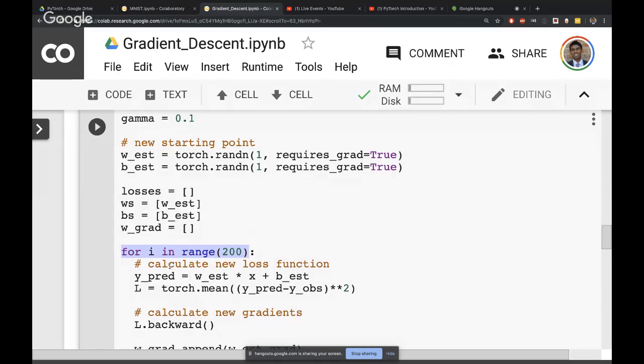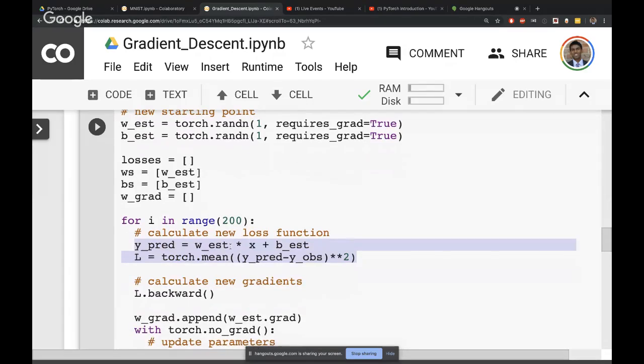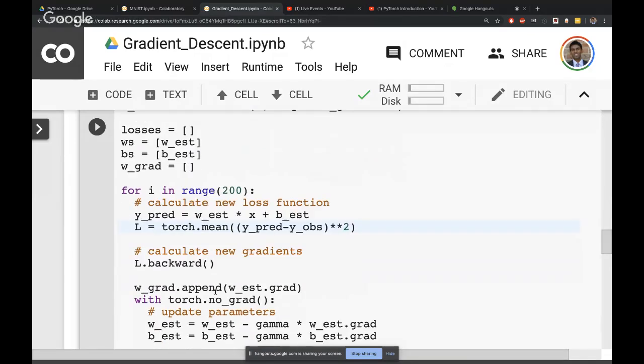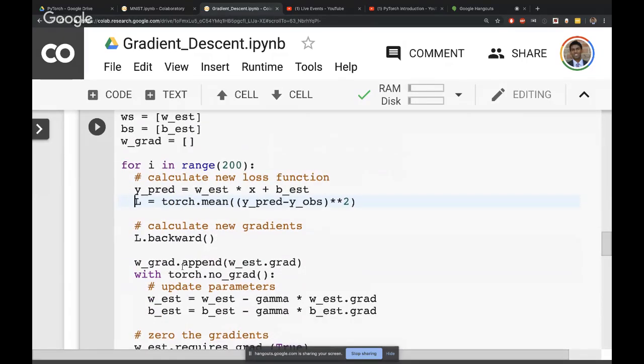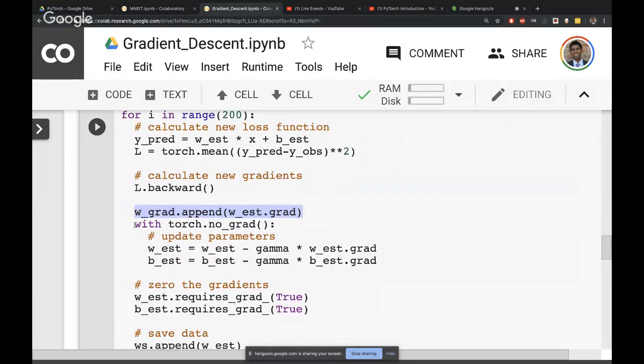I'm going to go through 200 steps and update my W and my B estimates. Every time you do that, I have to calculate my loss, which is what we saw before. We have my Wx plus B, and you look at the mean squared error in the second line. You do L dot backward again. Now, this is not important. All I'm saying is I'm saving my gradients. But this part is quite important. It's saying with torch.no_grad. I'll talk about this no_grad thing later, but right now, if you look at this,